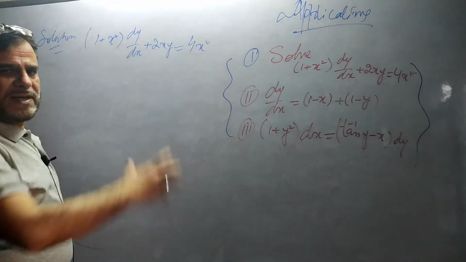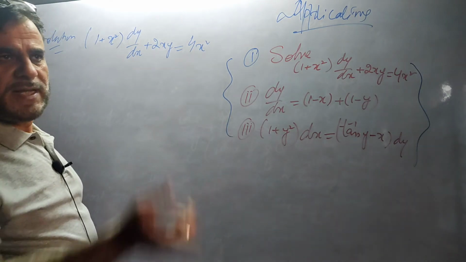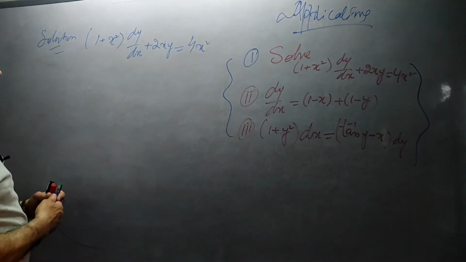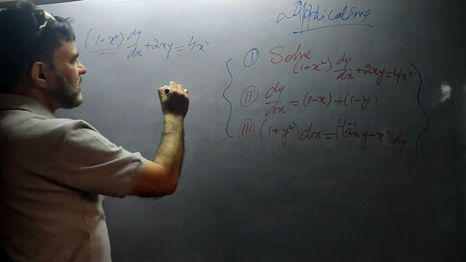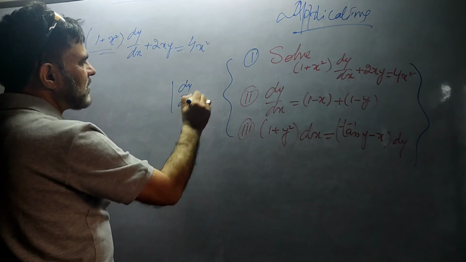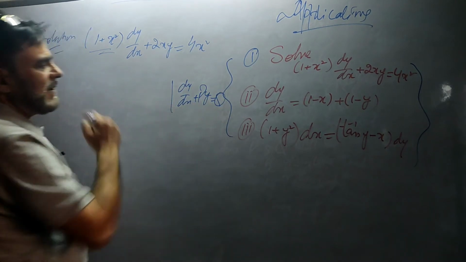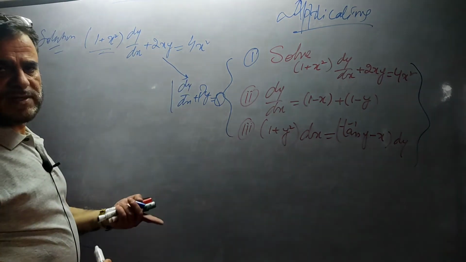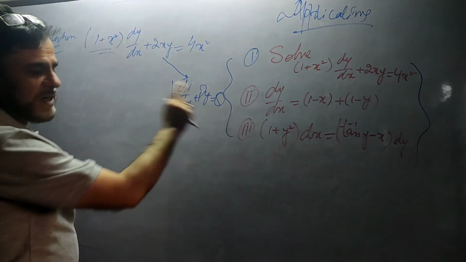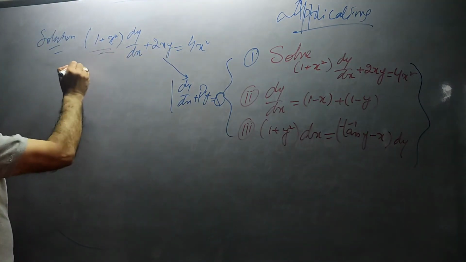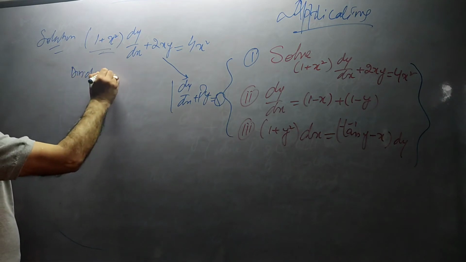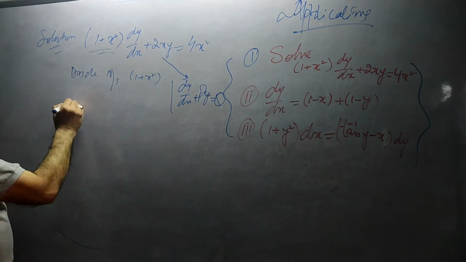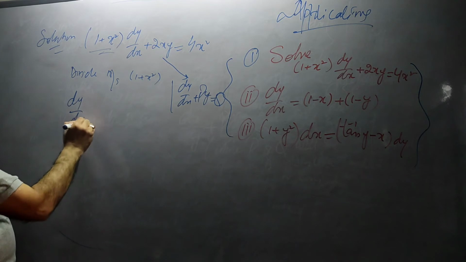So there are maximum chances of reducing this differential equation to the form dy by dx plus py is equal to q, because y is linear here. So I have to put it in this form, dy by dx plus py is equal to q. If I can put it in this form, then I can very easily write down the integrating factor. This should have p and q as functions of x alone. Now for that I will divide both sides by 1 plus x square. When you divide by 1 plus x square, it is dy by dx